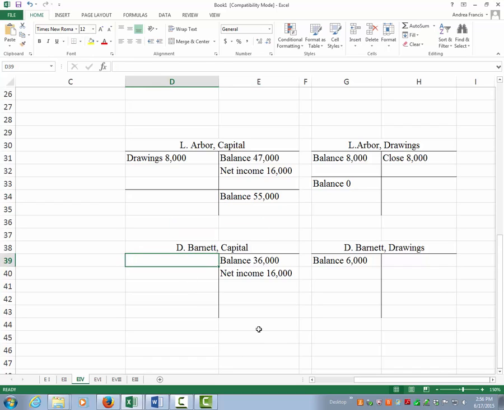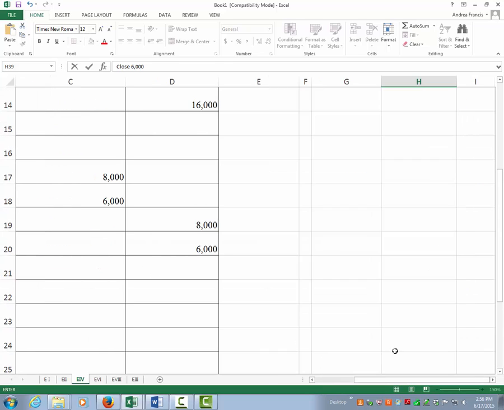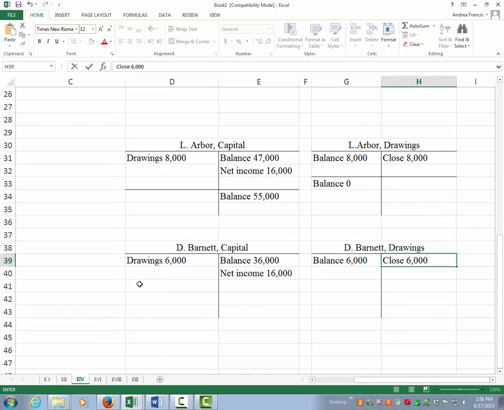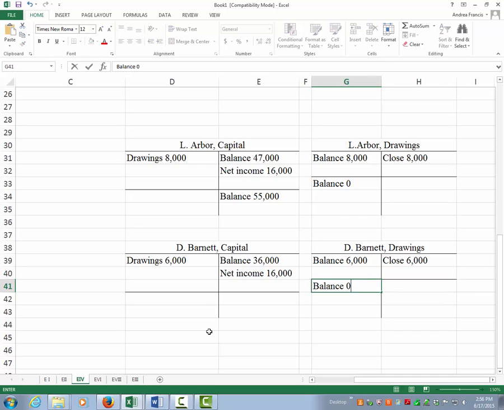Looking at Barnett, we know we are going to post Barnett's drawings debit of 6,000, and we are also going to close the drawings 6,000 on the credit side. Where does this come from? Well, I'm still working on the same journal entry over here, right? There were 4 accounts, so we need to post 4 different things. So ruling a line again for drawings and also for the capital account. As you can imagine, drawings is going to be 0, and the balance over here for Barnett is going to be a credit balance of